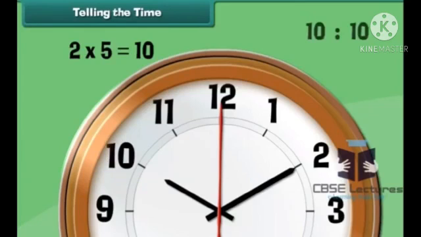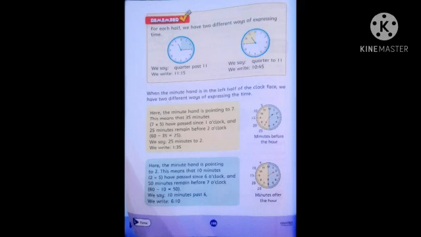Okay, good. Another way to read the time is to multiply the number by 5. When the minute hand is at 2, the clock is showing 2 multiplied by 5 equals 10. That is 10 minutes. This clock is showing 10 past 10. Now come to the book, page